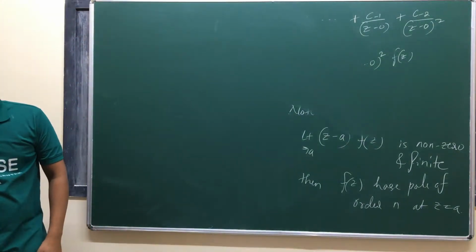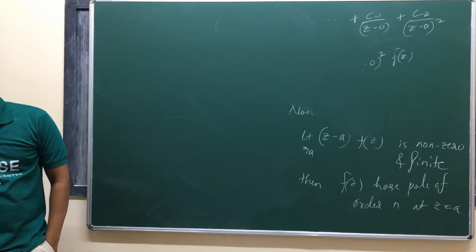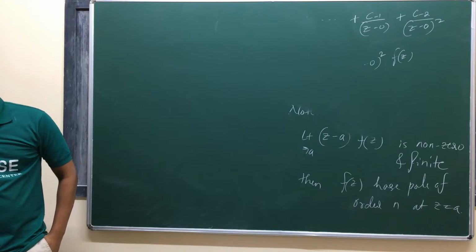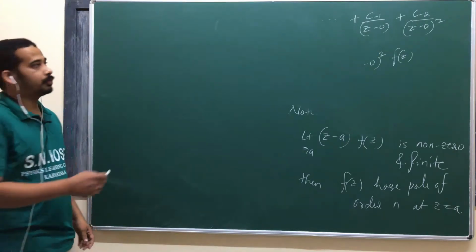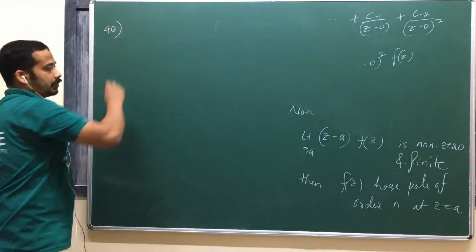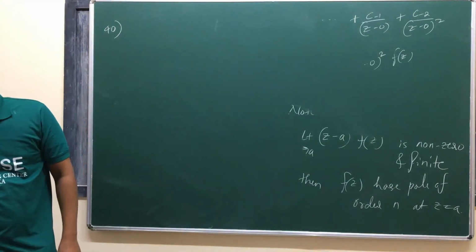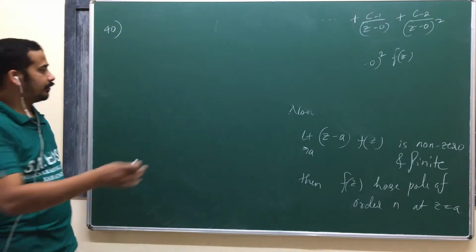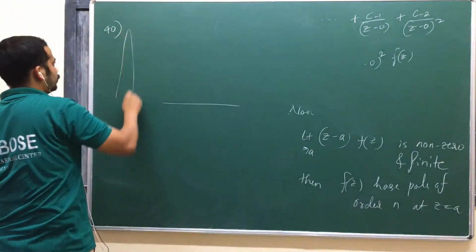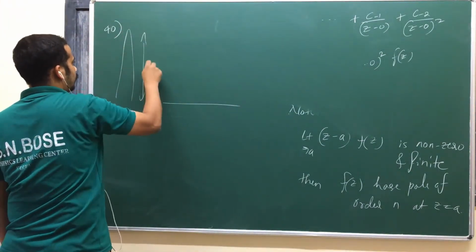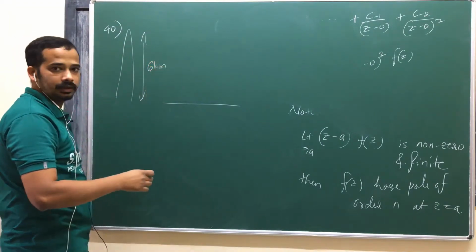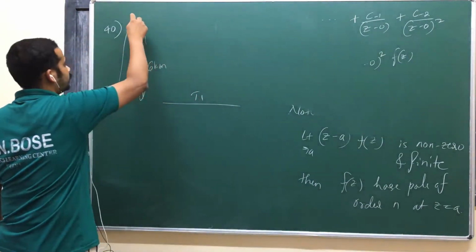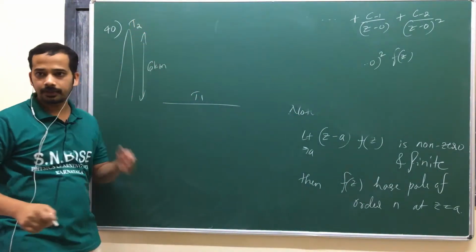The period of oscillation of a simple pendulum at sea level and at the top of a mountain of height 6 kilometer are T1 and T2 respectively. Question number 40 on my web page. So at sea level its time period is T1. At the top of the mountain, which has a height of 6 kilometer, the time period is T2.